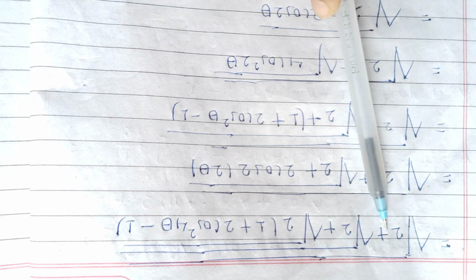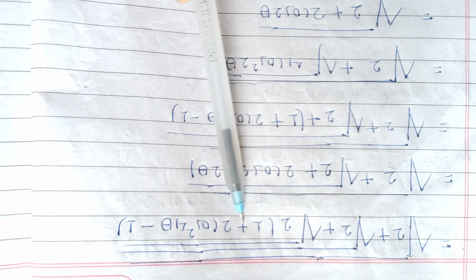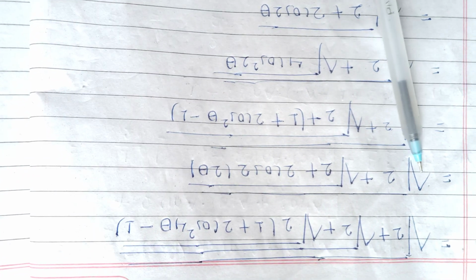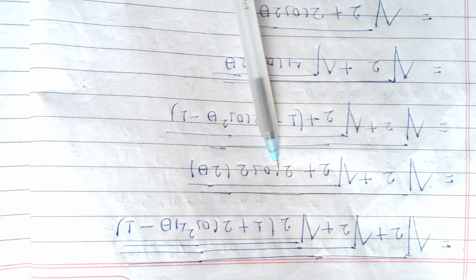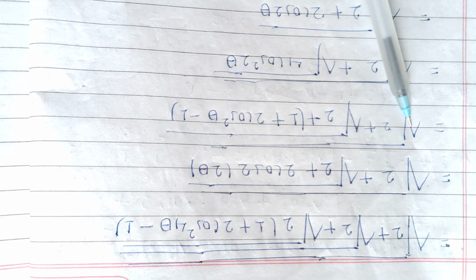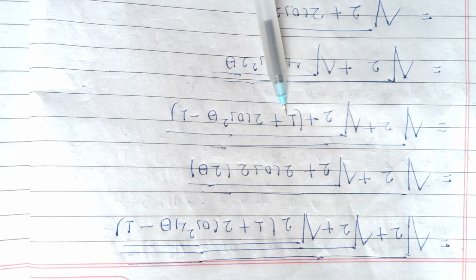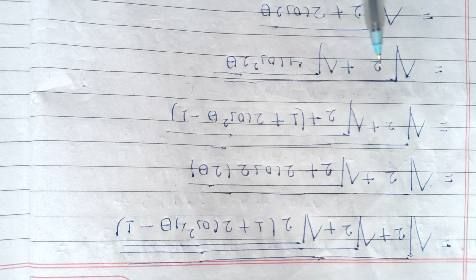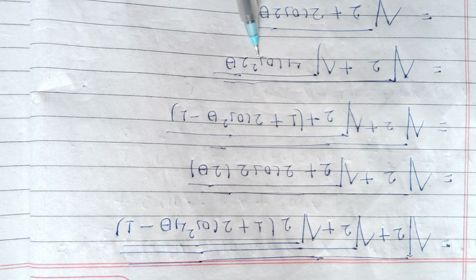root under 2 plus root under 2 plus root under 2 bracket 1 plus 2 cos 4 theta minus 1, and then bracket, and root under 2 plus root under 2 plus root under 2 plus 2 cos 2 theta, and then root under 2 plus root under 2 plus 1 plus 2 cos square theta minus 1, and after that root under 2 plus root under 4 cos square 2 theta,